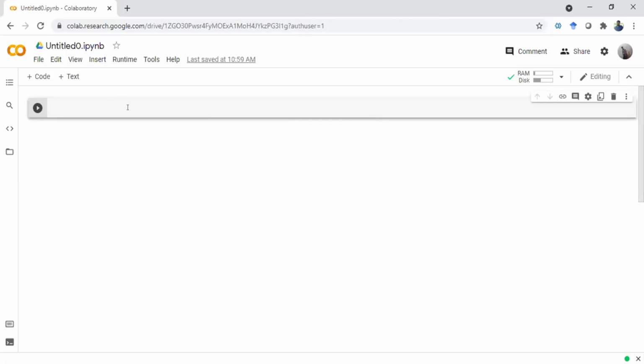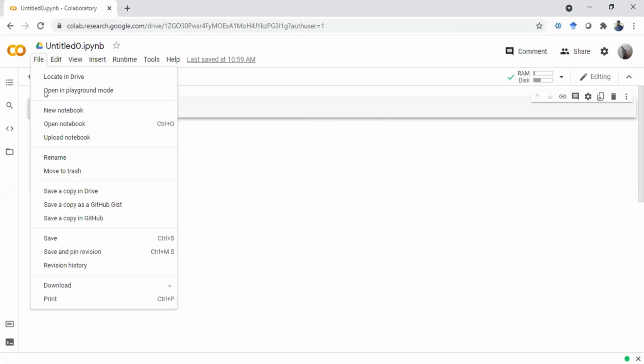So for example, let's say you are typing some code here. Once you finish this entire notebook, you can save the file and then download the notebook. Okay. So you can save the notebook, which will be saved directly in your Google Drive, or you want to download this as there are two extensions. I will talk about the extensions shortly. You can either download this file as a .py file, which is a Python file, or a .ipynb.